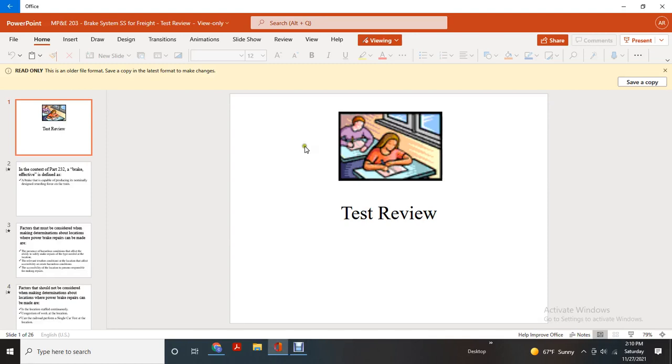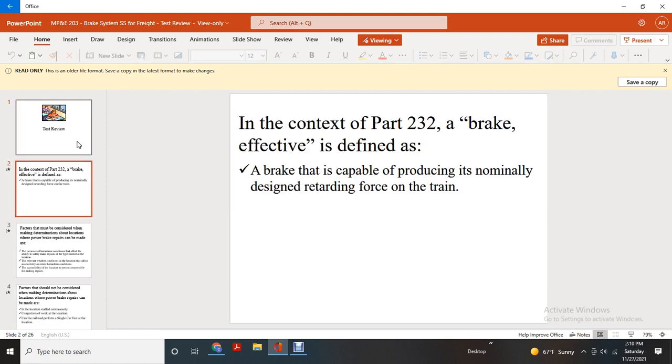Review. In context, Part 232, the brake effect is defined as the brake capable of producing the nominal design retarding force on the train. Factors that must be considered for making a determination about the location where power brake repairs can be made are the presence of the hazard condition,